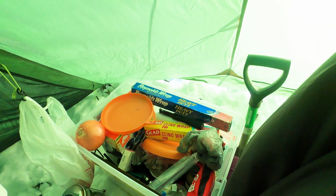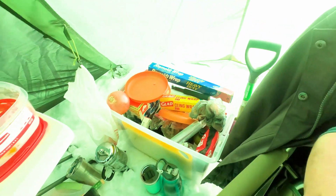This kitchen box that we use right here is for when we're going to be tent camping at a campground for like a week, like we did earlier this year at Yellowstone. And it's fine if you're going to have a vehicle with you and weight isn't a concern. But